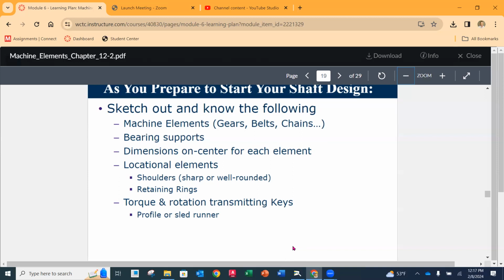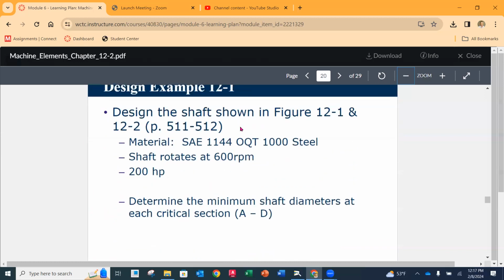If we don't know these, there's going to be a point in the shaft design where we've got to figure that out. But this slide right here, like I said, these are going to be given to us in the problems you're doing in our chapter. But in gear design, those are things that, as a designer, you get to figure out. Okay. All right, so